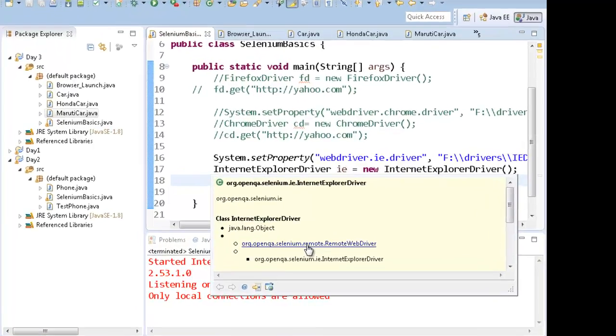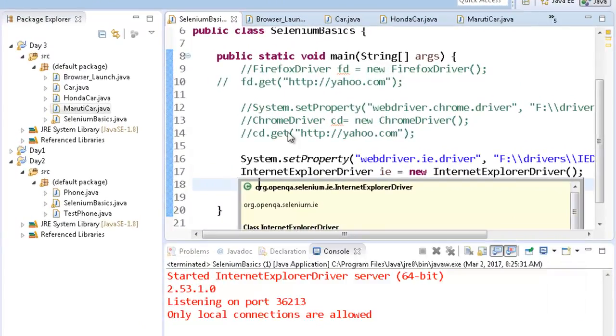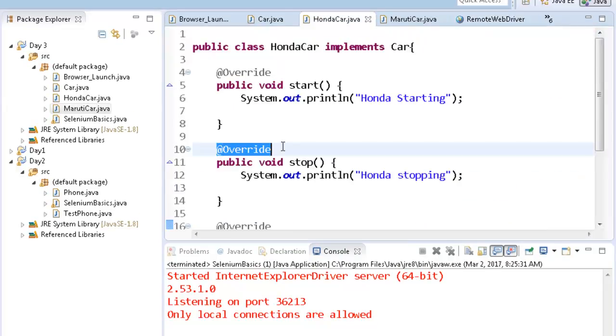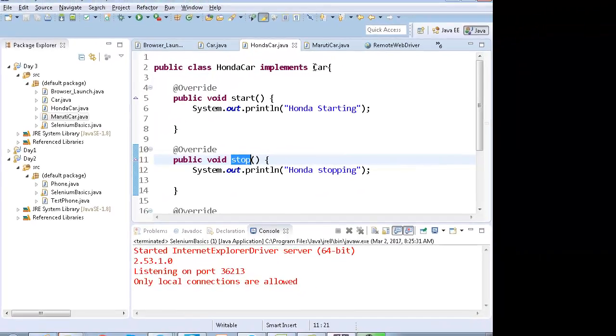If you click on this link, the documentation will open in Eclipse itself. Override means that this function is coming from the car interface. It's an annotation, you can remove it as well. It's not mandatory. You can put it back.